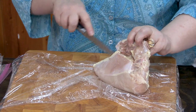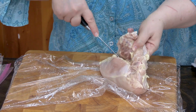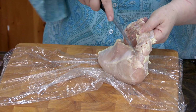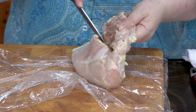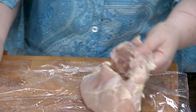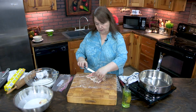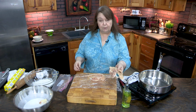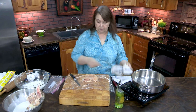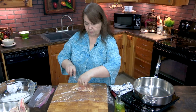And we're just going to come through here. And as we pull apart, we're just going to pull against the knife and use the sharp tip on a fairly sharp knife, just the tip, to come in here and get this completely off. So I'm going to finish deboning this, and then we're going to get back to our chicken cutlet. Okay, so we've gotten this bone off of here, and I'm going to save that for later to make that chicken stock. What we have left is this bit of